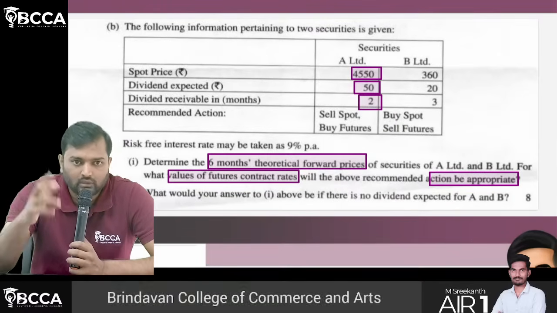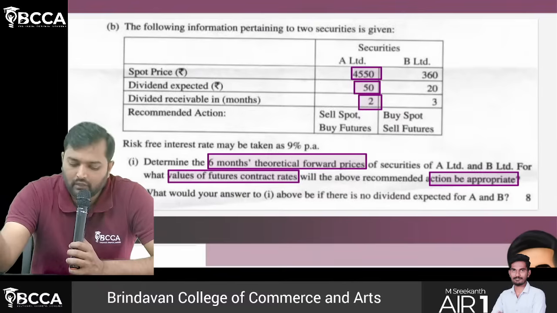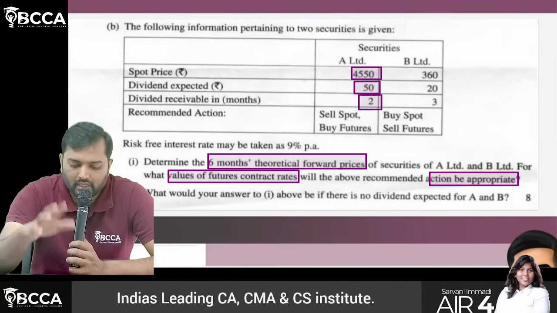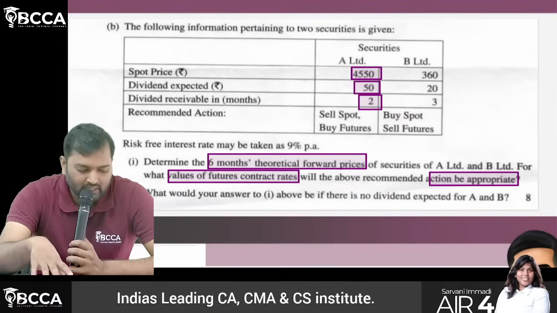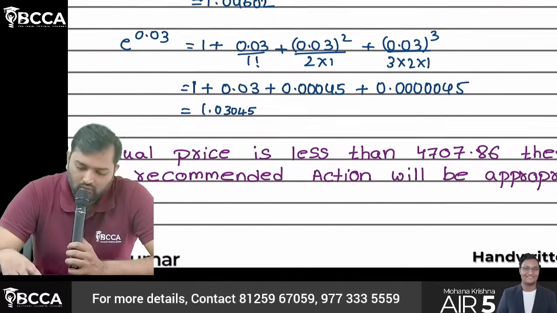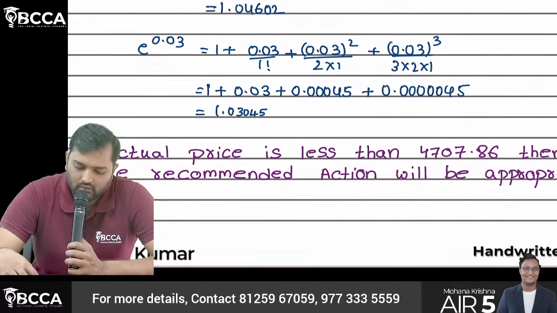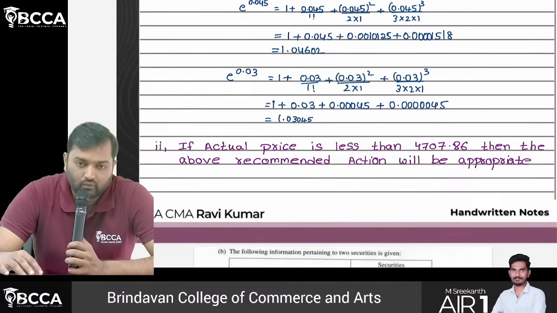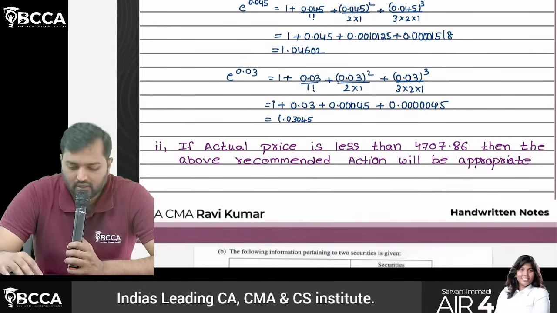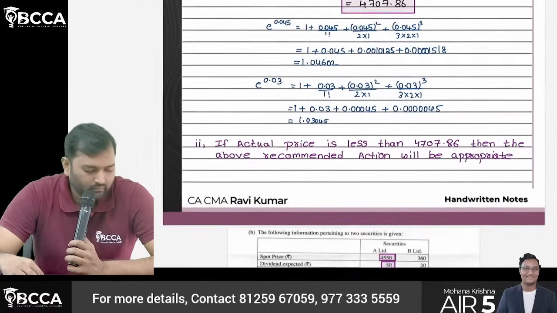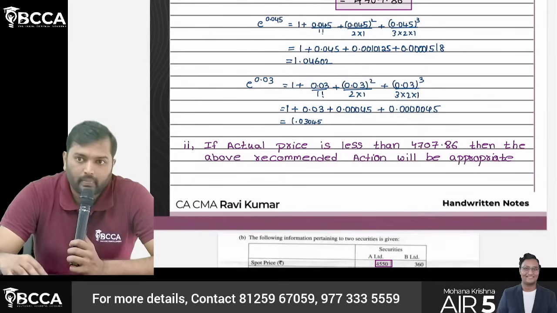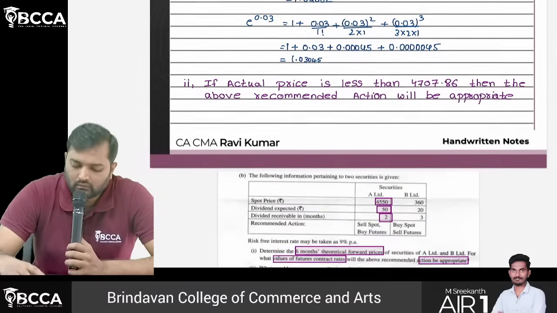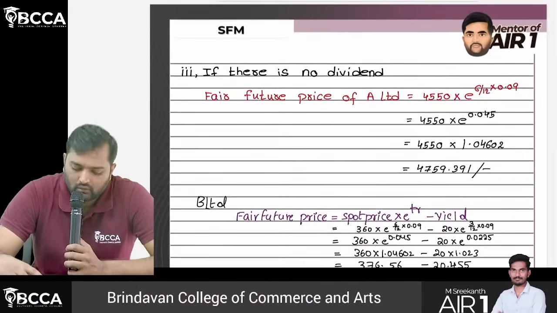If a share is undervalued, it means the actual future price must be less than 4707.86. If the actual price is less than 4707.86, then the above recommended action will be appropriate. Clear? Undervalued. So likewise,